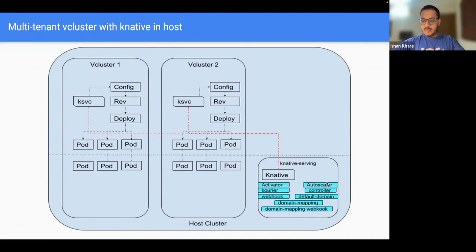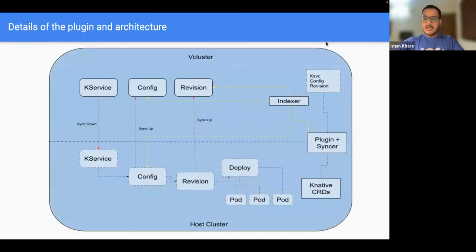Another question that Ivan has raised is: it looks like in this configuration, you can see the Knative service and config revision, but not the pods which are created in the host cluster. Yeah, I think you are talking about this diagram. So yes, as I said, this is not the complete thing, and this whole plugin is still a work in progress. So the problem here is, if I sync these pods back up,